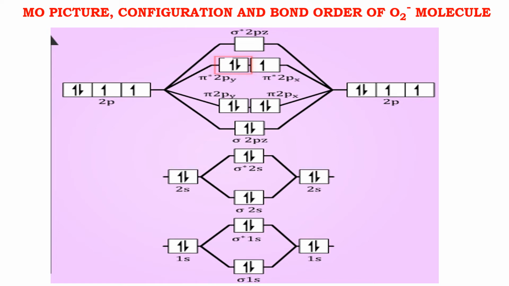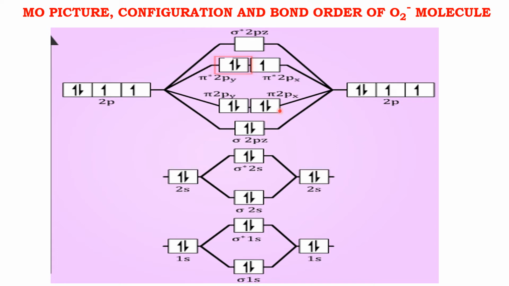Now we consider the molecular orbital picture of the O2 minus molecule. O2 minus molecule means one electron is added to the oxygen molecule. Oxygen molecule contains 16 electrons while O2 minus molecule contains 17 electrons. So the MO picture is here: sigma 1s2, sigma star 1s2, sigma 2s2, sigma star 2s2, sigma 2pz2, pi 2py